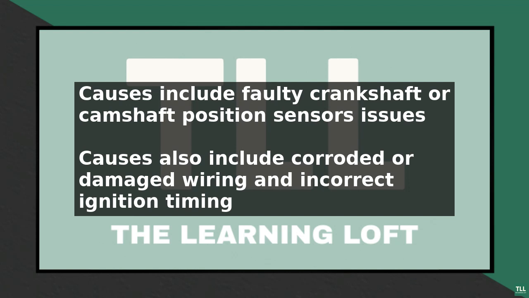To solve the P0017 error code, it is recommended to start by scanning the vehicle's onboard diagnostics system to identify any other related trouble codes. Next, inspect the crankshaft and camshaft position sensors for any signs of damage or corrosion, and replace them if necessary. It is also important to check the wiring and connections for any damage or wear, and repair or replace them